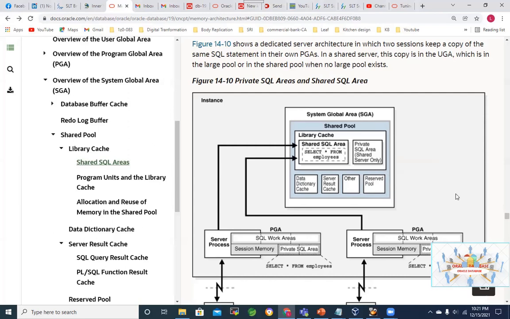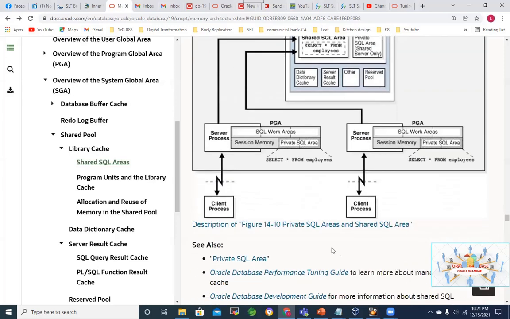Having initiated that, on that server process side, within the PGA also, a private SQL area should be available. That is where the statement initially takes place, because we know in the client process, the user process, a small compilation happens there.